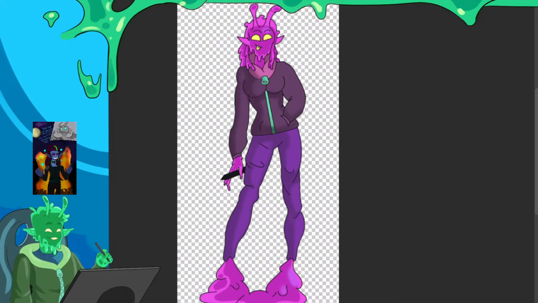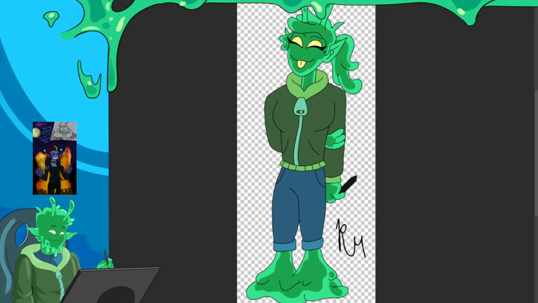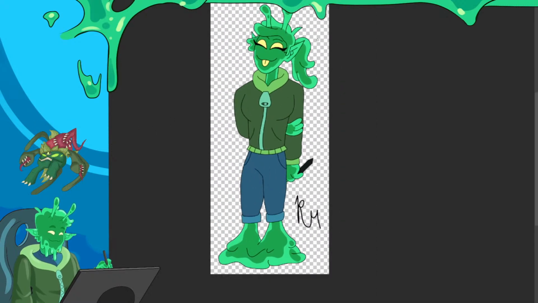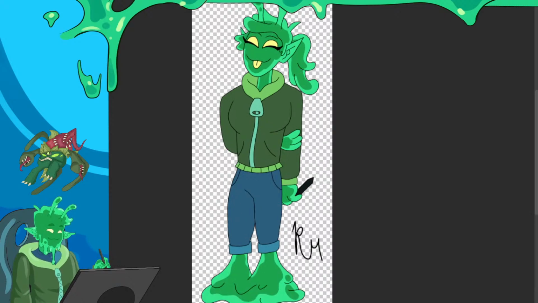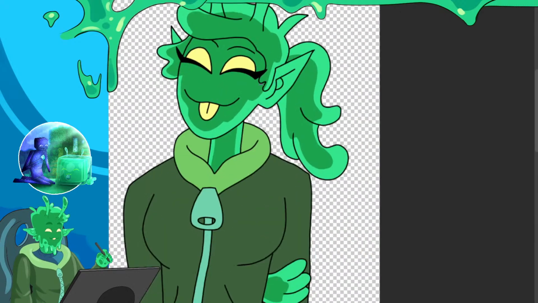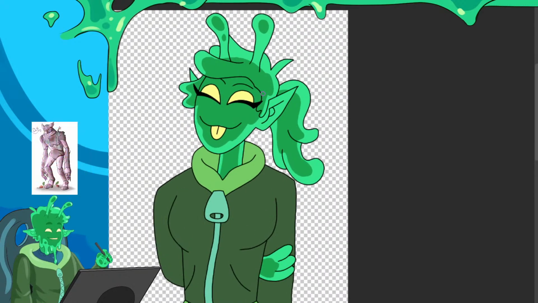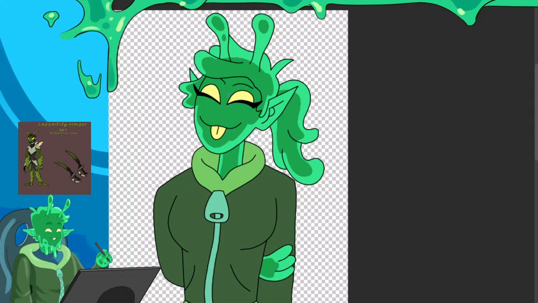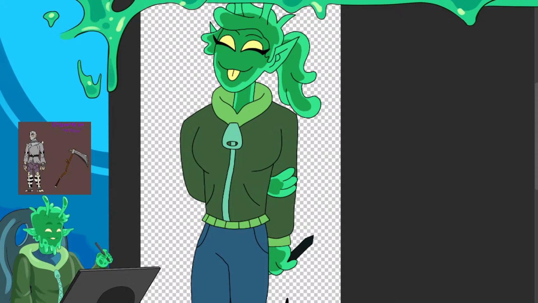So we're going to move on now to Red Manta's submission. And this is very cute as well. Very good. I like the pose. Very much using the same color palette and all that, you know, that's great. Again, I never know what to say about gift art. I'm so bad about accepting gifts because I'm like, I don't deserve it. But I like the ponytail you gave her. And I like just in general, I like when people do the eyelashes on the bottom of the eyes thing. That's very nice. So that's good. Thank you very much, Red Manta.